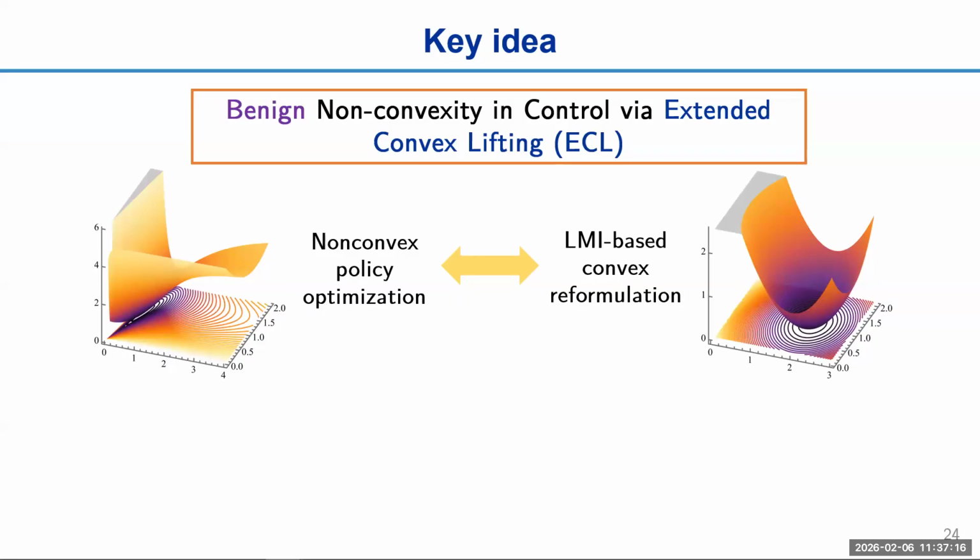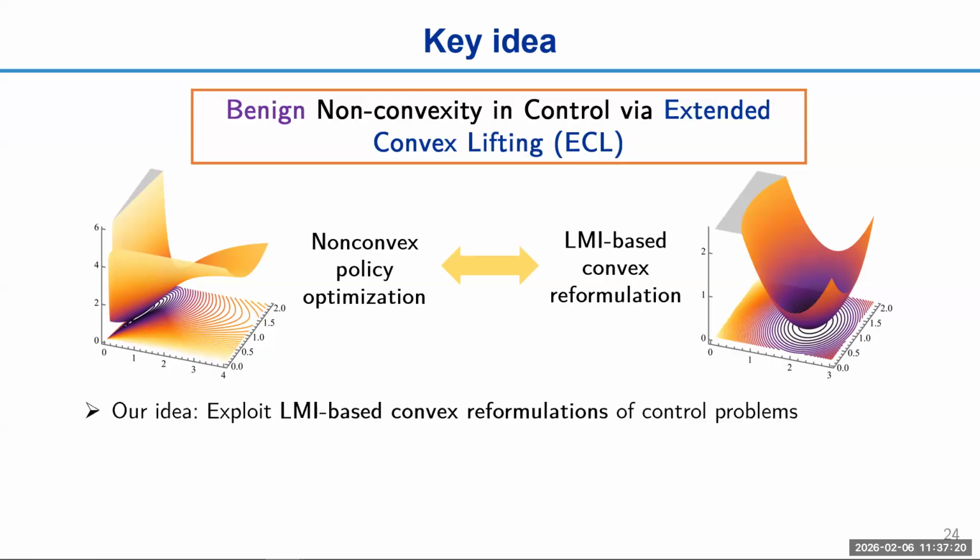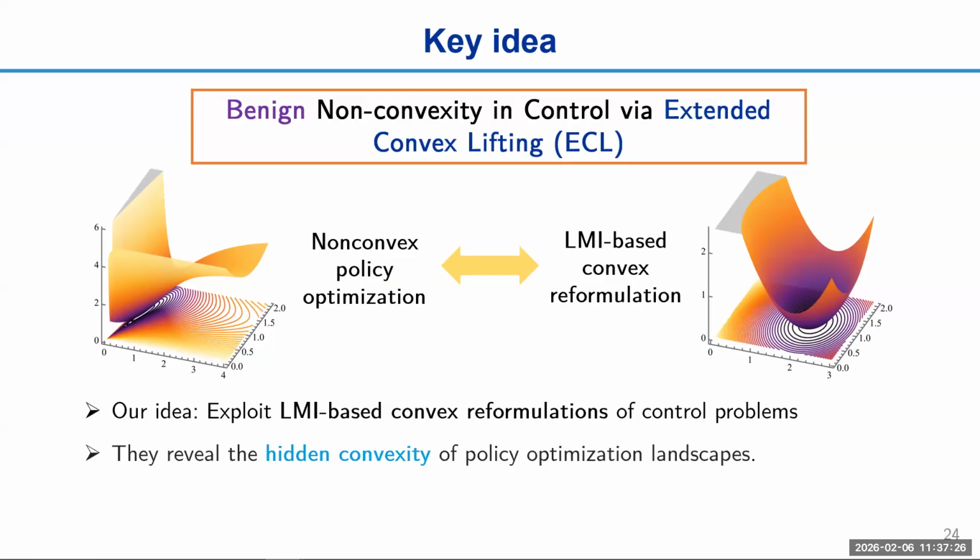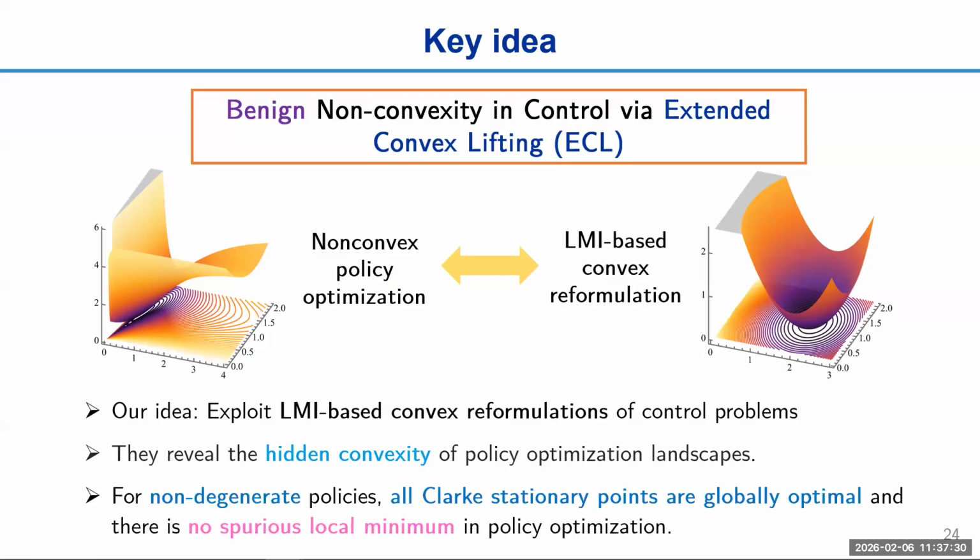They have a linear matrix inequality based method, which will be a common reformulation. So our idea is to use an LMI-based common reformulation for control problems to show the hidden convexity of policy optimization landscapes. And we are going to bridge this gap. We use this extended convex lifting to show the connection, and then we prove that for a class of non-degenerate policies, I'm going to define this next,